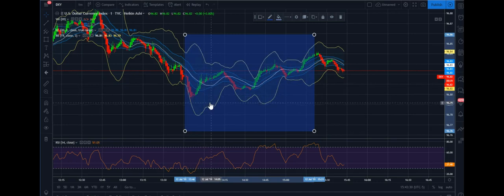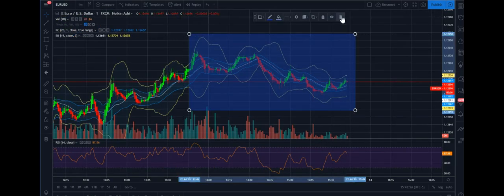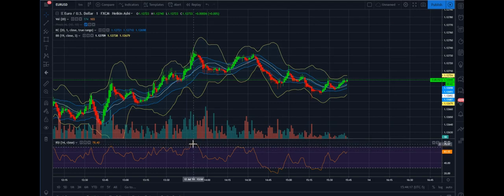Now, another thing here is, can I get rid of that? Let's just remove that drawing. Okay, so now this price here is in the sweet spot, right? On the dollar, which we can't just trade on Nadex. So let's go back to the euro. This price here is in the sweet spot that I'm talking about. The sweet spot is above the upper blue Keltner and right below the upper Bollinger Band, or the 3 deviation. So right here, sweet spot, way oversold. Price has no place to go,